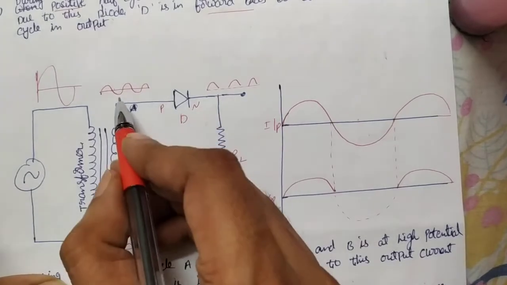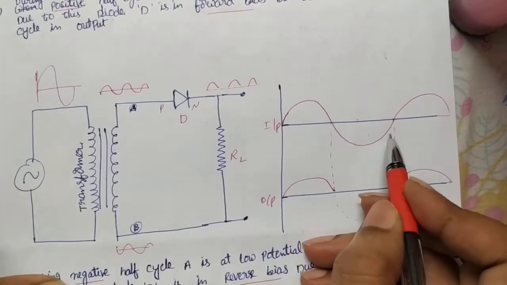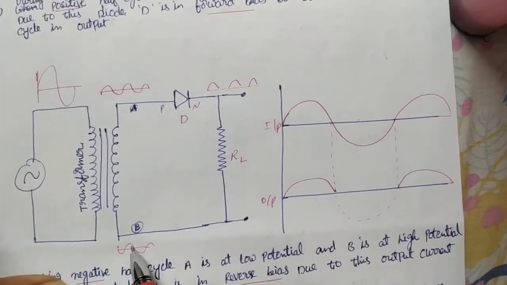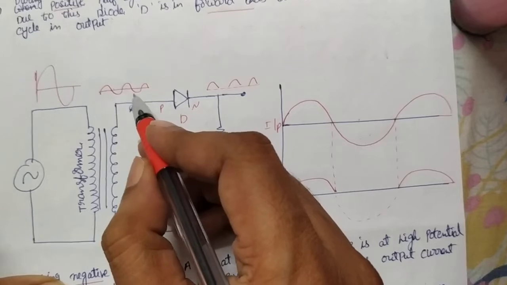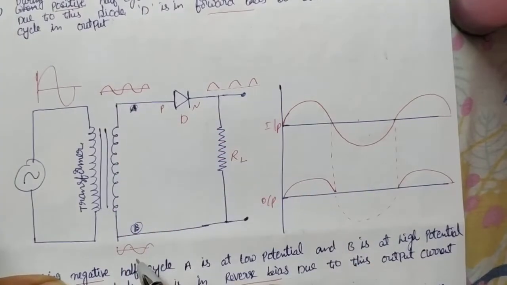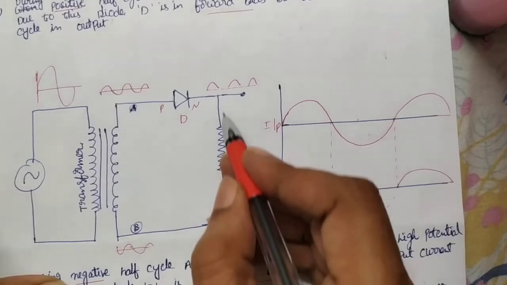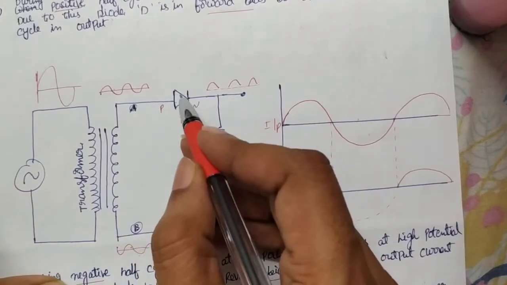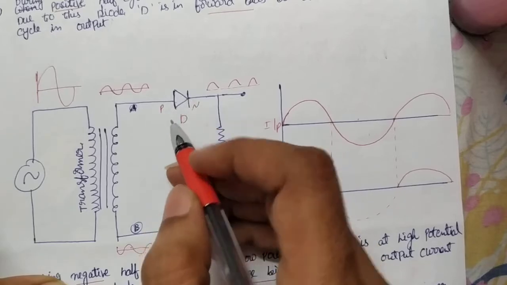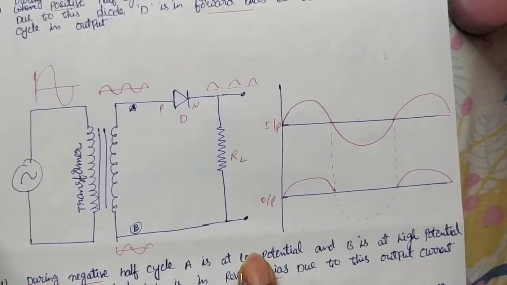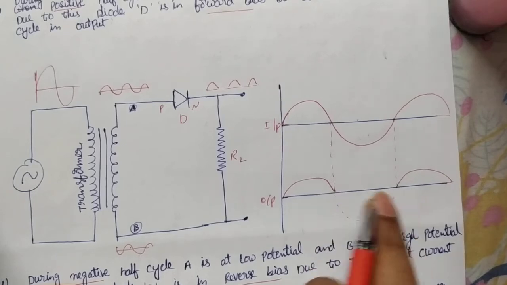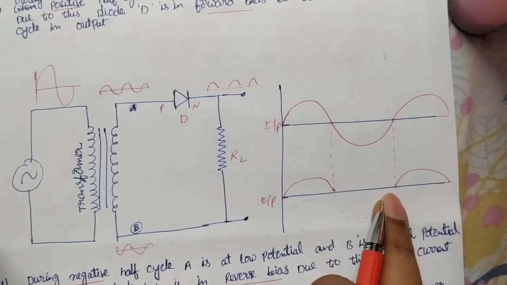But what happens during the negative half cycle? During the negative half cycle, the negative is connected to the P type and the positive to the N type, exactly reversed. Positive connected to N type and negative connected to P type behaves like a reverse bias diode. A reverse bias diode has infinite resistance, so it won't allow any current through. That's why the negative half loop disappears here.